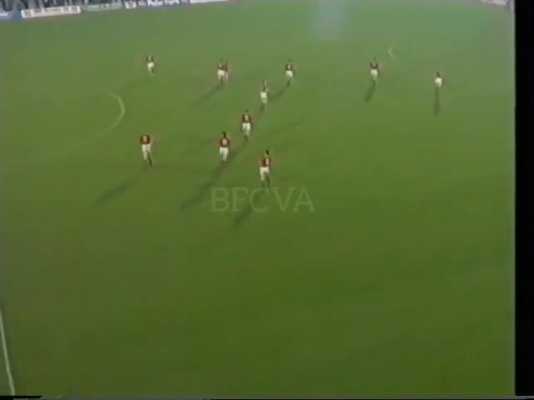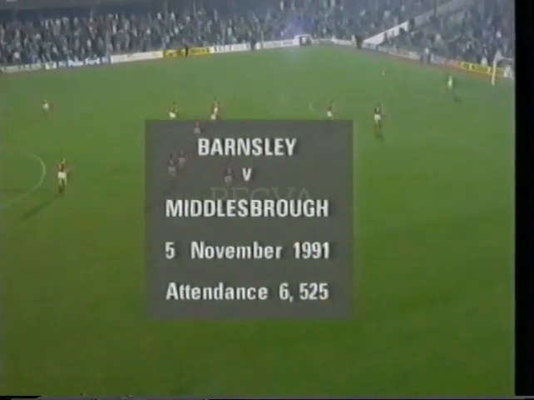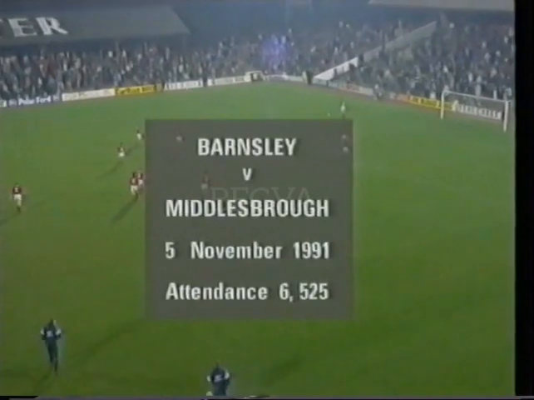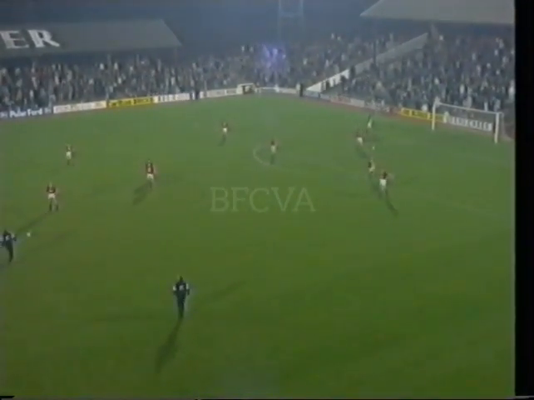Hello and welcome to Oakwell for tonight's second division fixture between Barnsley and the current league leaders Middlesbrough. Barnsley revert to the side that lost at Middlesbrough a week ago, and the lineup is as follows: Butler in